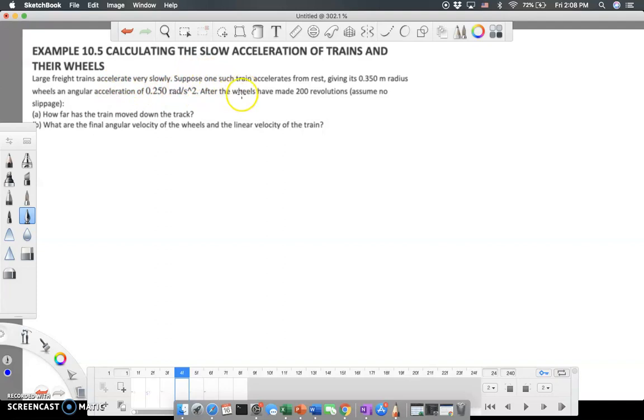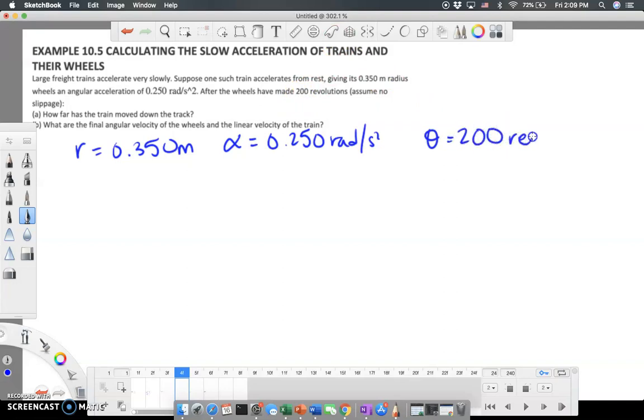Suppose one such train accelerates from rest, giving its wheels of radius 0.35 meters an angular acceleration alpha of 0.25 radians per second squared. After the wheels have made 200 revolutions, so I'm going to say theta is 200 revolutions,